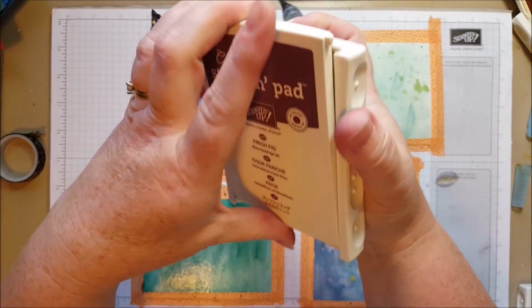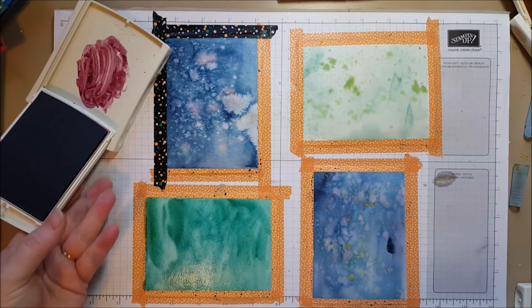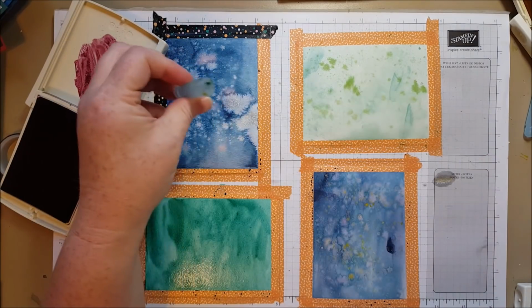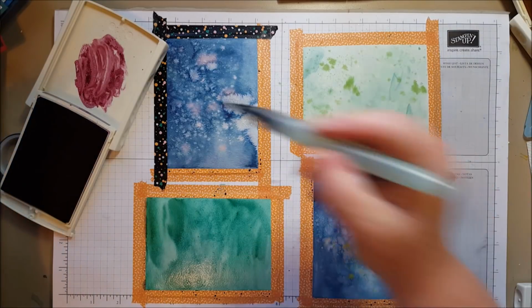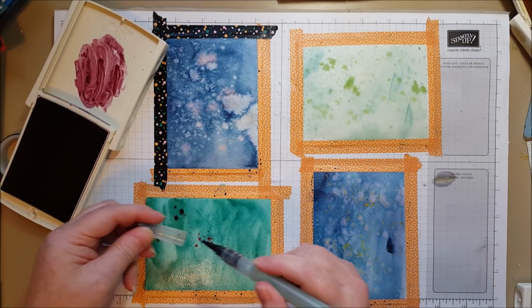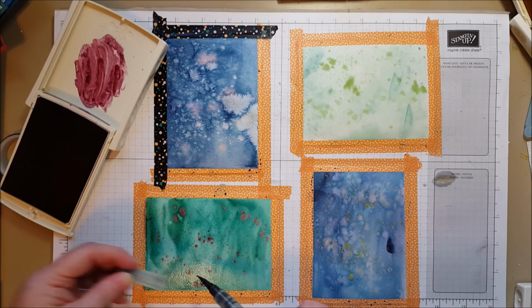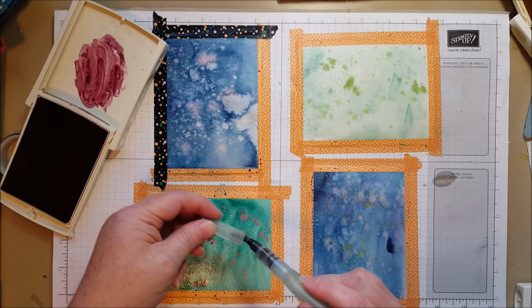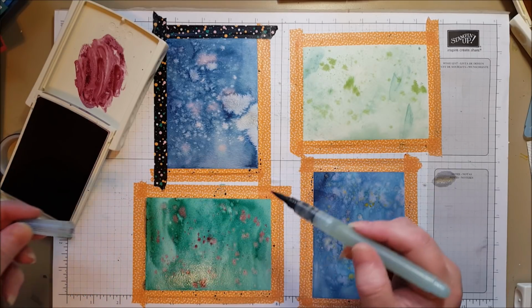I'm going with the new in colors. I'm going to flick some fresh ink onto the top. Every once in a while my lid gets kind of full of ink, so you've got to clean it out. And we're going to flick some of this on there. And then you've got a really fun kind of tie-dye look. You can use this for a fun birthday background, or maybe,